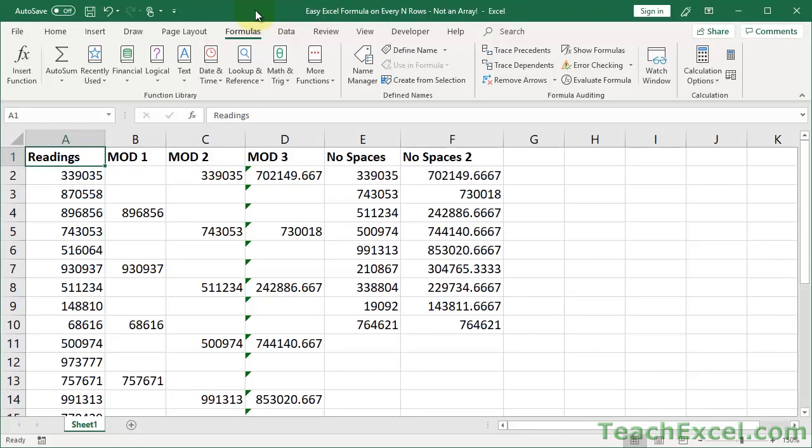Here I'll show you an easy way to apply formulas and functions to every so many rows in Excel. So let's say we've got a list like this and you want to either have a cell reference the list every so many rows or perform some sort of function on that list. And even better, I'll show you how to do it without these annoying spaces, so it's going to save you a step. So I've got two examples of that over here, and we don't have to use an array formula